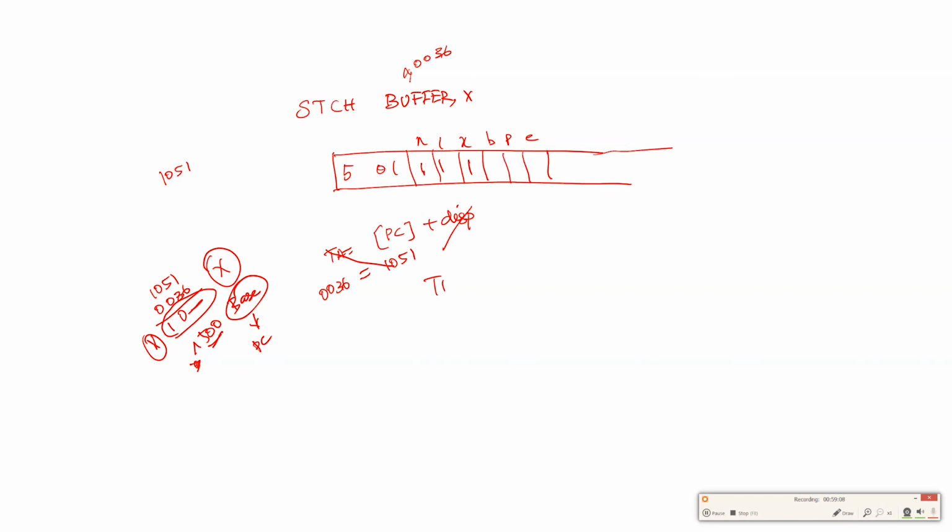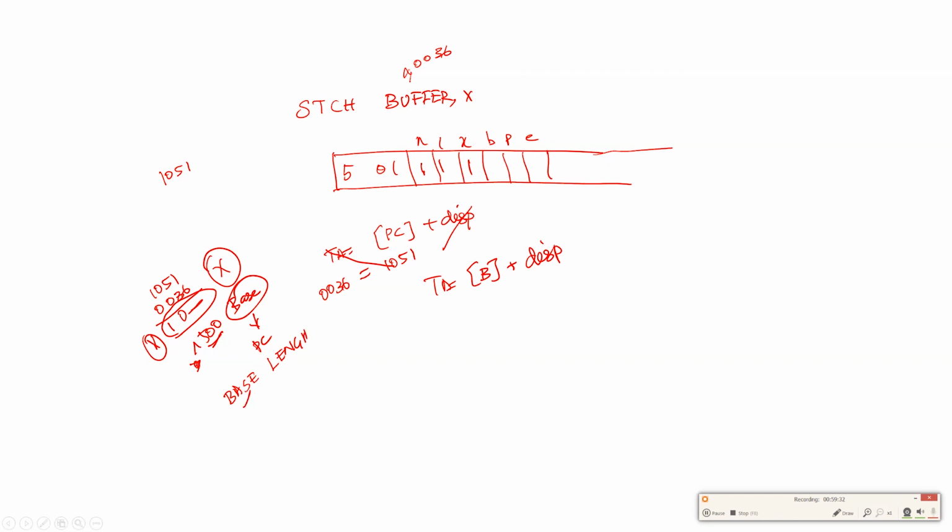So now target address is equal to content of base register plus displacement. In the initial third line, you have a line called base length. That means the value for base register is always the length.